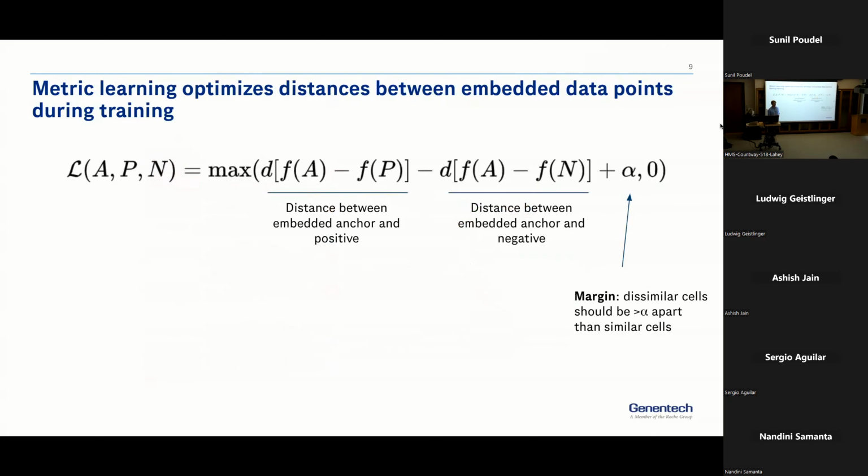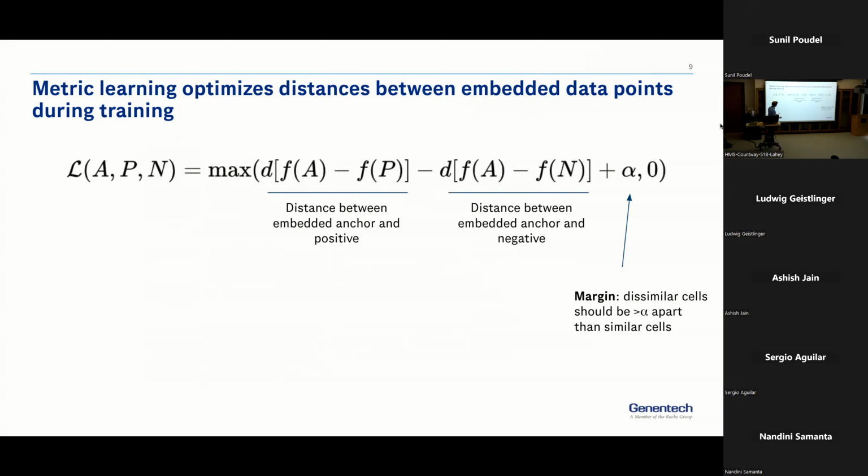One thing that is unusual and unique about metric learning, which I think is really interesting in this case, is that the models are trained so that the relationships between data points, the model is optimized on relationships between data points. So unlike a classifier or an autoencoder where you take a data point and you try to minimize a reconstruction loss or get the class right, this model is taking in multiple points at a time and saying how they should be related. And that shows up pretty clearly in the loss function.